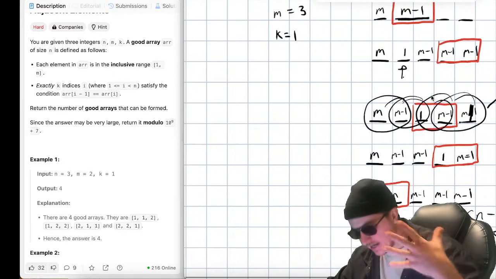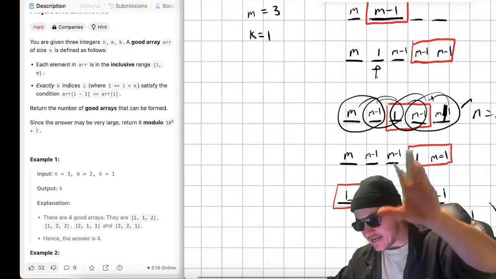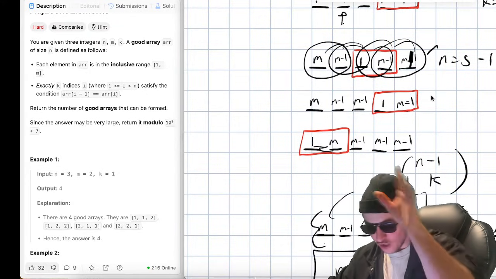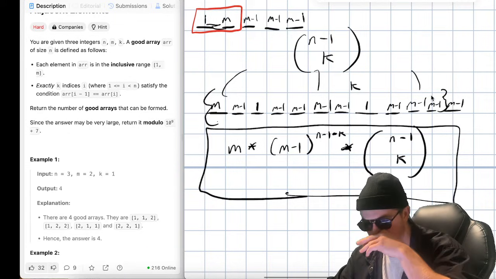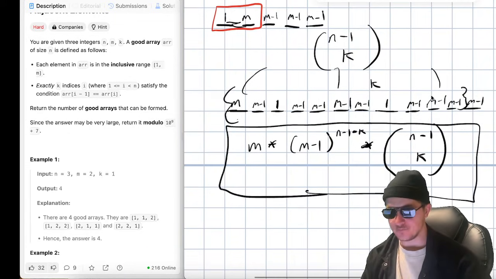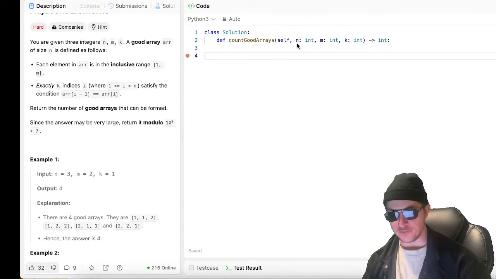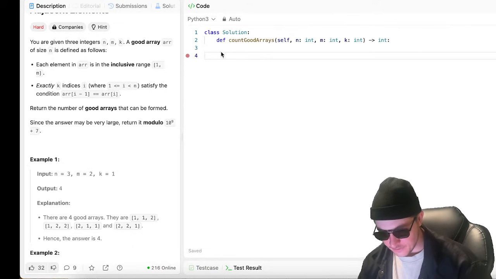And then finally, how many different ways can I put these k's? Because I can put these k's all over the place. Well, there's n minus 1 choose k ways of doing that. Okay, so where's the programming in this? Because all I'm literally going to do